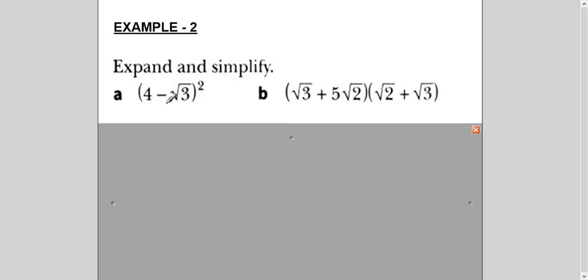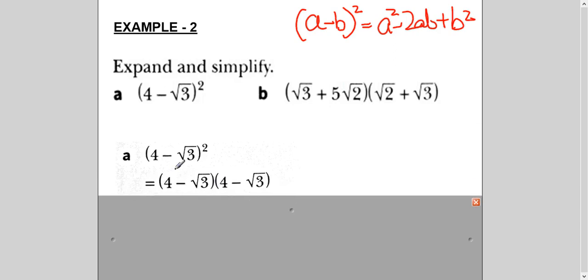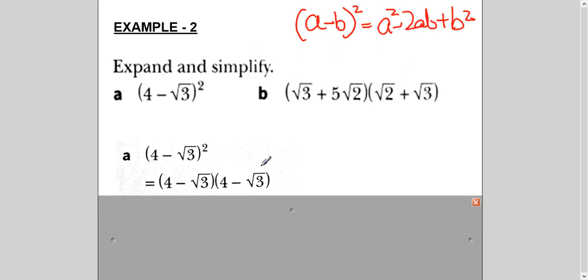By the way, the hint here is, the common mistake is what? A student squares this and squares this. No, you will do what? Apply the algebraic identity, a minus b whole square, which is a square minus 2ab plus b square. So open it using this concept, and then we will do part B later. Some children write it separately and then multiply exactly the way we have done the simplification here, right?